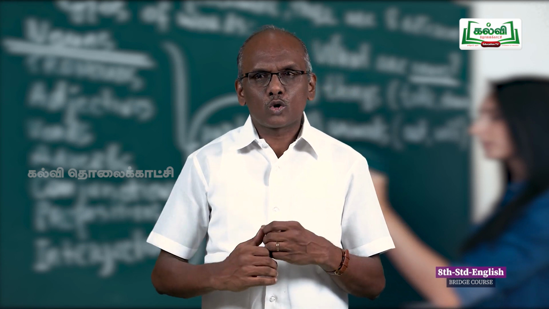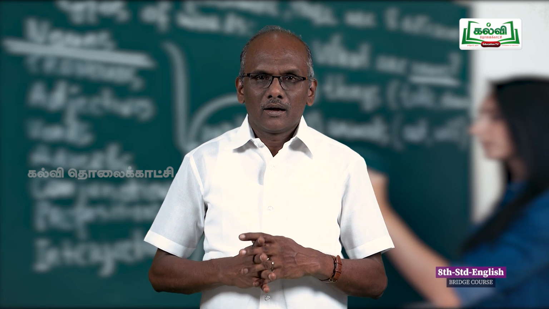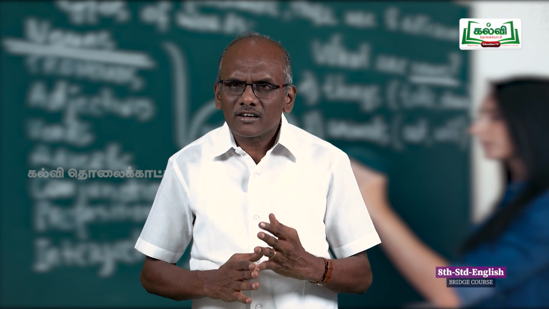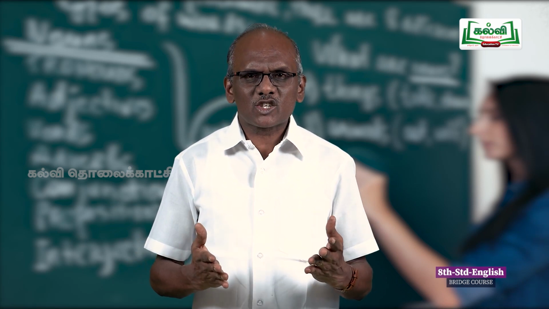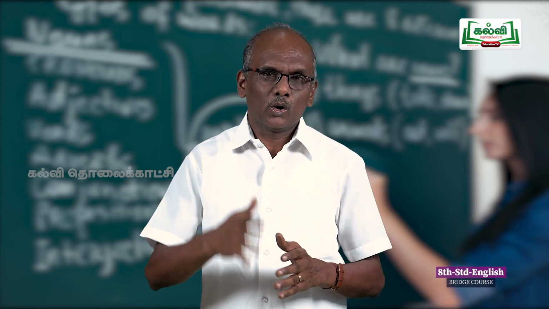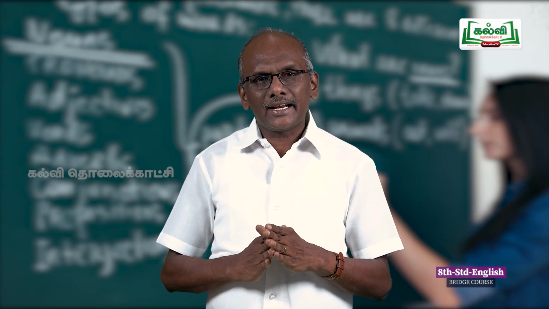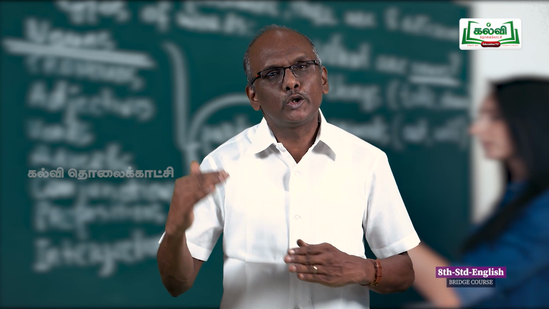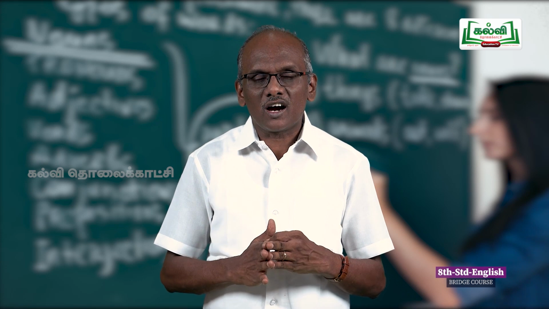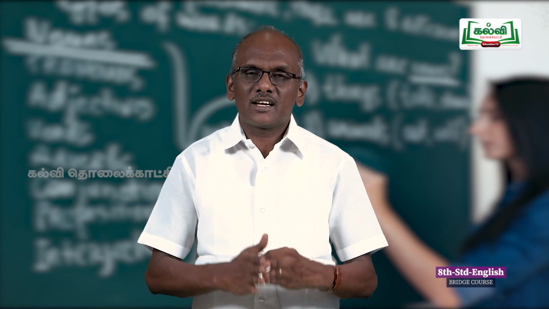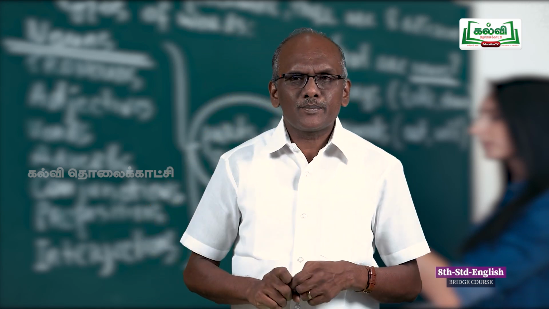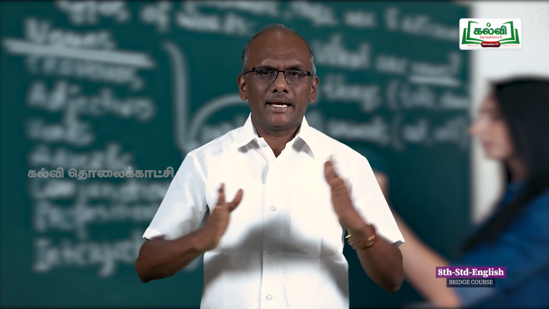Okay, now let's go for the have verbs. Come and add not to the have verbs. Have plus not, haven't. Has plus not, hasn't. Had plus not, hadn't. Okay. And let us add not to the do verbs. Do plus not, don't. Does plus not, doesn't. Did plus not, didn't. In this term, I want to tell you some main verbs can be divided.